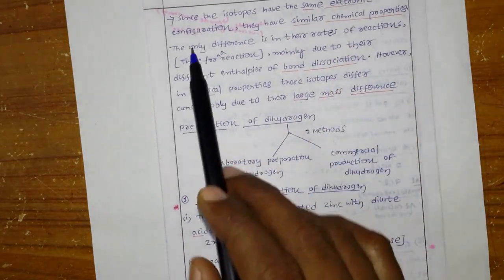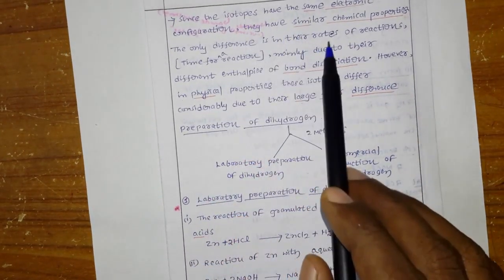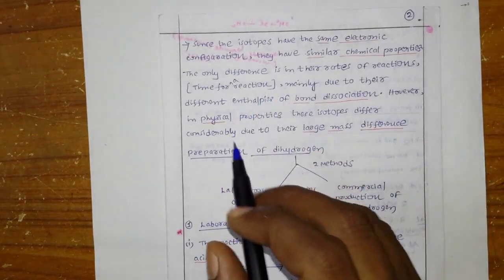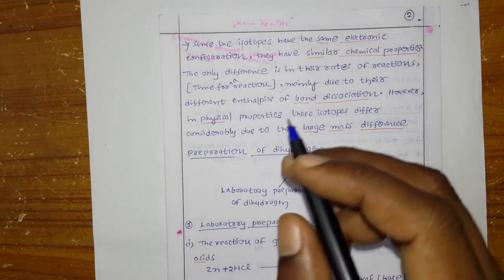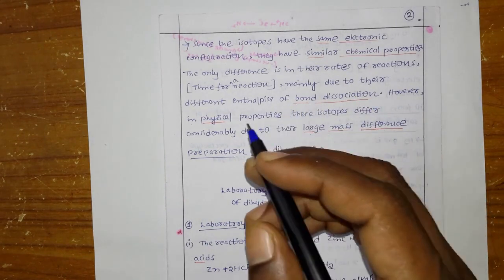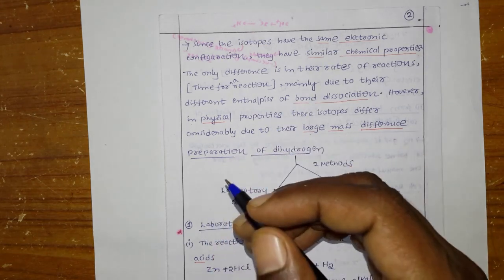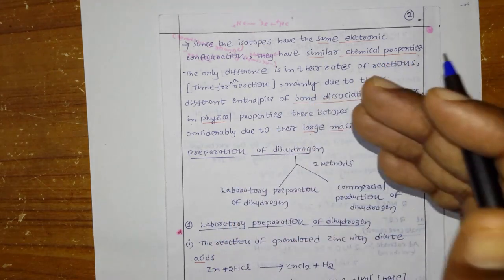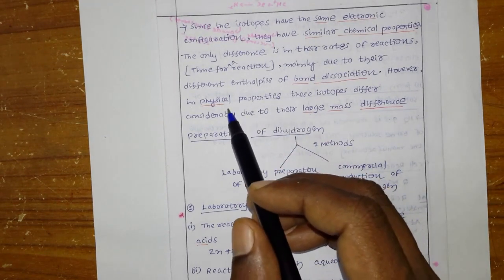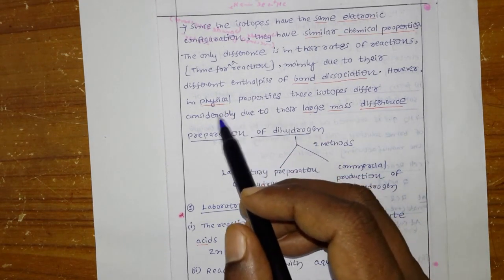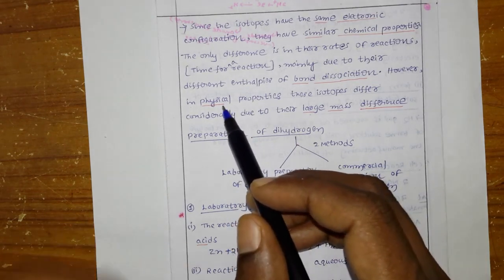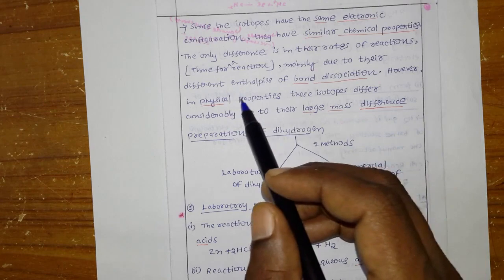Right. Coming to the properties, generally isotopes have similar chemical properties, but they differ in physical properties. Why are they different in physical properties? Because they have different masses. One has mass 1, one has 2, and one has 3. So as the mass increases, the density, one of the important physical properties, also varies. You have seen that in the last table, right?